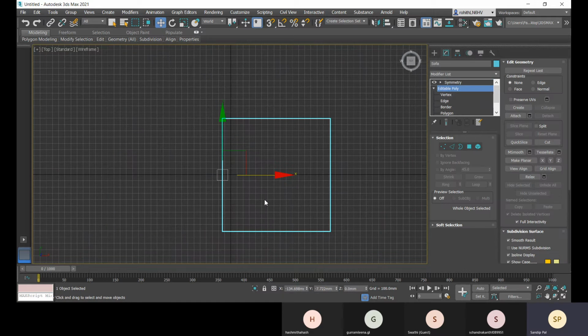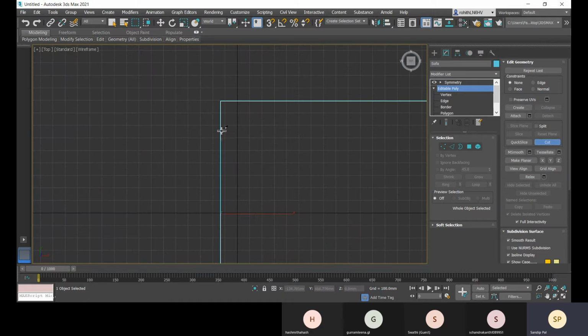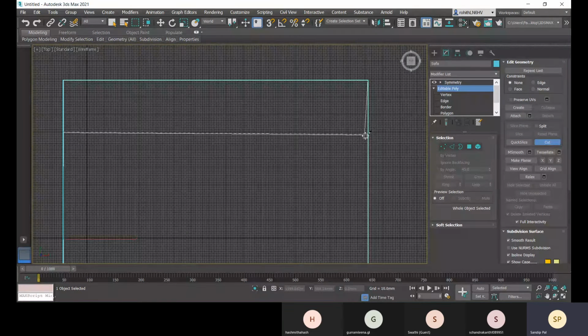Let's select this editable poly, and from this top view, I'll go to this cut option. Let me show you how it will work. You have to connect from this point to this point, and you have to make it straight so you can understand when this will be a perfect line, with no distortion.